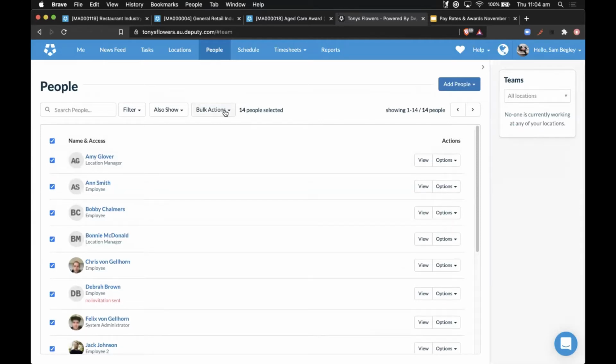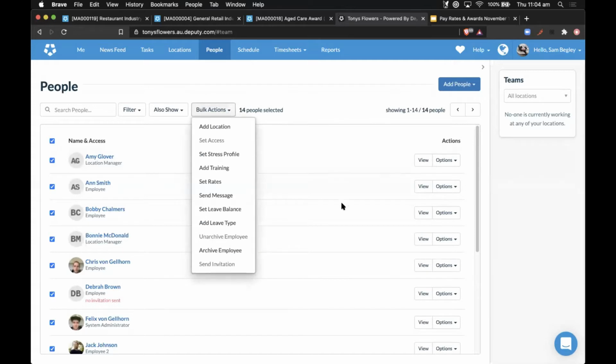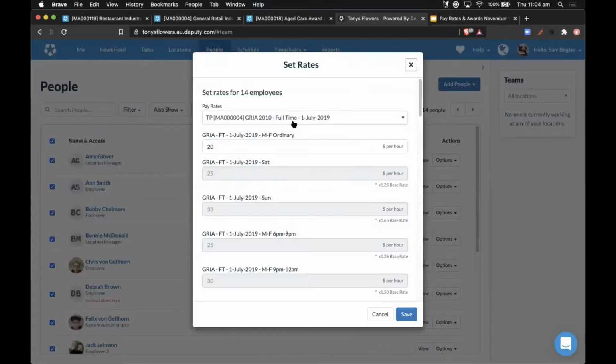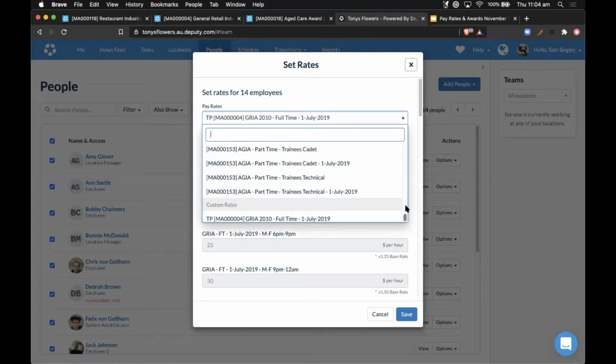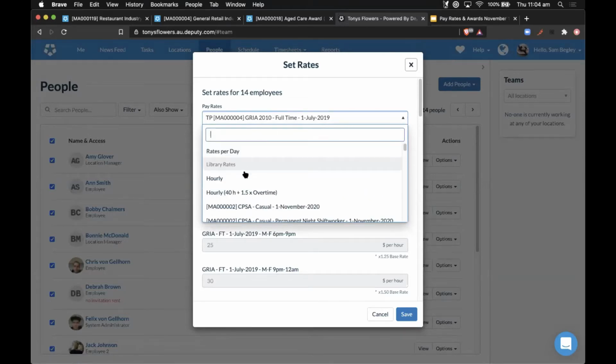Now, please note, when you're doing the bulk actions for this mass edit of employee pay rates, you want to go to bulk actions, and it's going to limit you to what you can see. Deputy is limited to 50 at a time. So if you have 100, you'll need to do this bulk actions twice, because it will tell you that it's selected 50 of 100. And then you just use the directional button there to switch over to the next 50, for example. So we can hit set rates in bulk actions, and it's going to bring up the list of pay rates that we can interact with. By selecting the drop-down menu, we're going to start with the basics today, which is the hourly rates. I'll do it person by person for this example here.